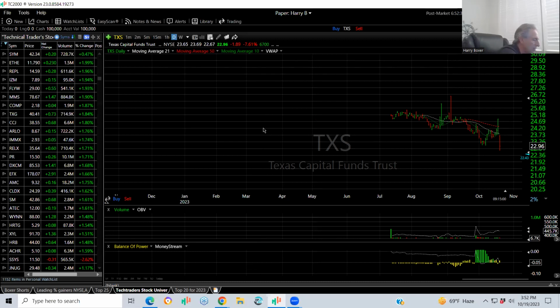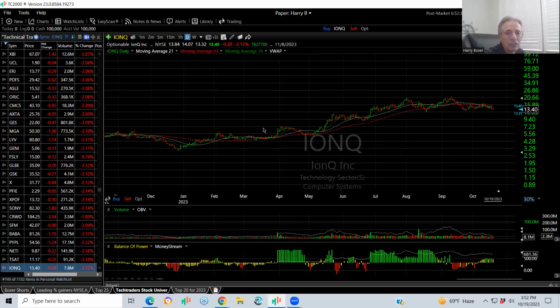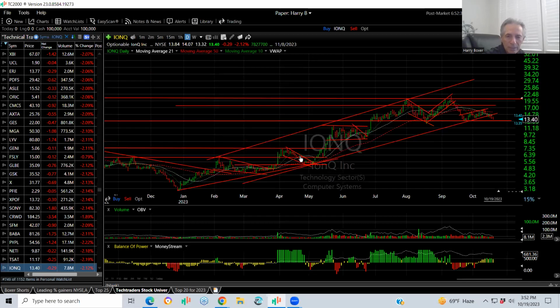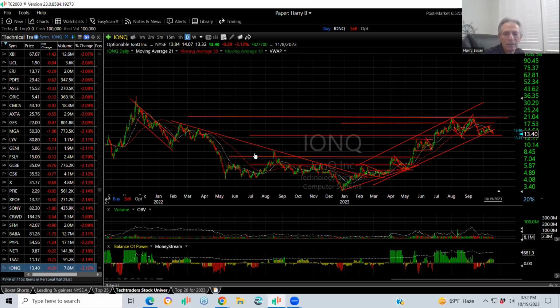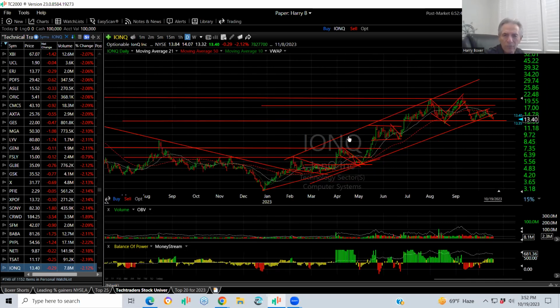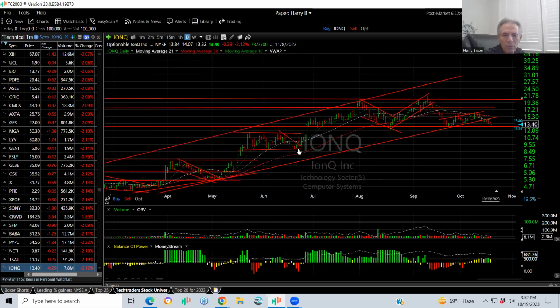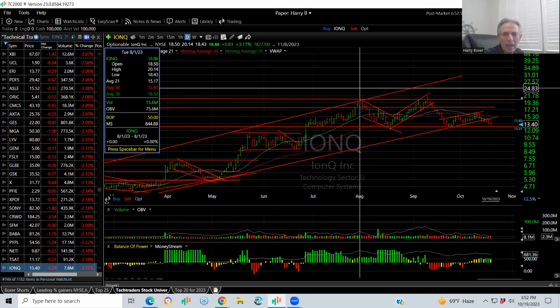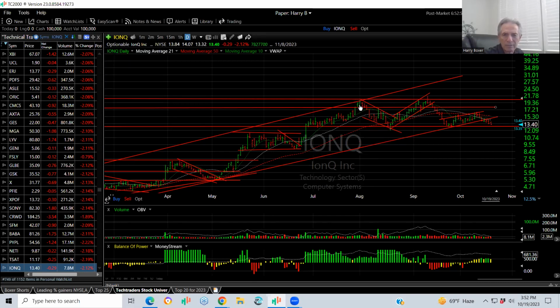IONQ. They still love this stock too. It was on my list for a long time. Oh, why not? Take a look at this chart. Breaks out here, we put a swing. It then formed a falling wedge, popped out, broke out. Put another swing. It ran all the way out to my target at 19.20. The high, 20.14. Came down and bounced, retested, and came down and bounced.